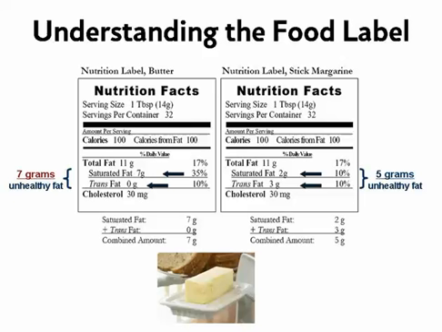No, remember what I said. We look at these fats together as being equally as unhealthy. And so on this side, we see that margarine has just 5 grams of unhealthy fats. So if we look at these products side by side, these are like products, we can make a decision that if we want to reduce the unhealthy fat in the diet, we might choose the product that has the least